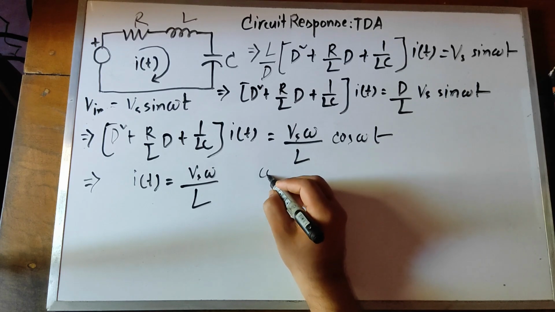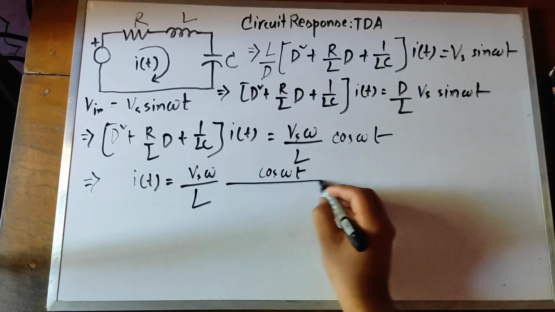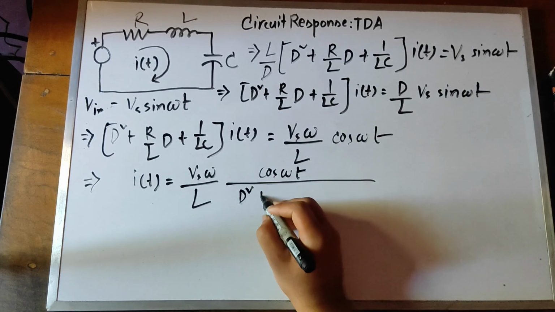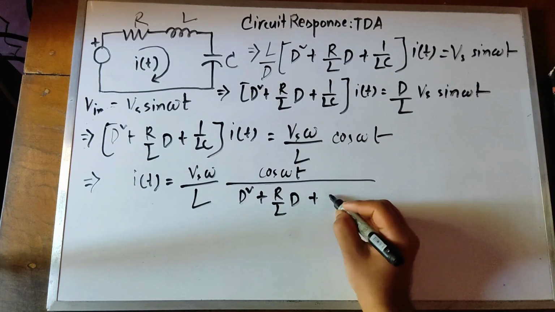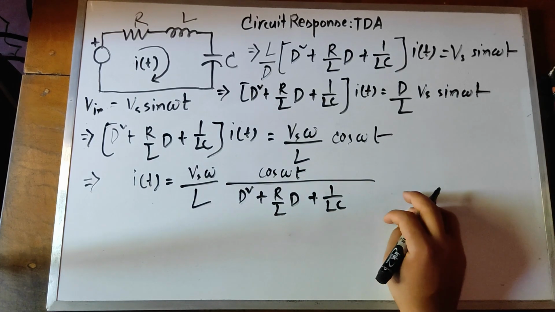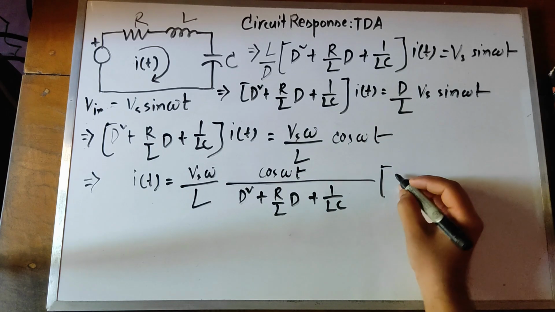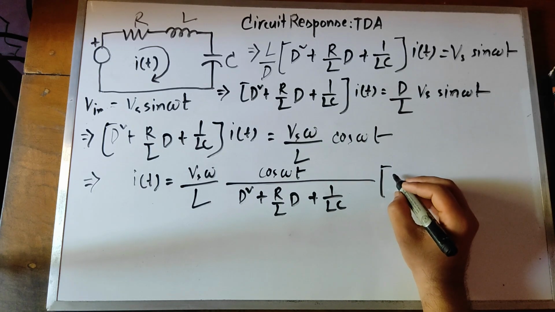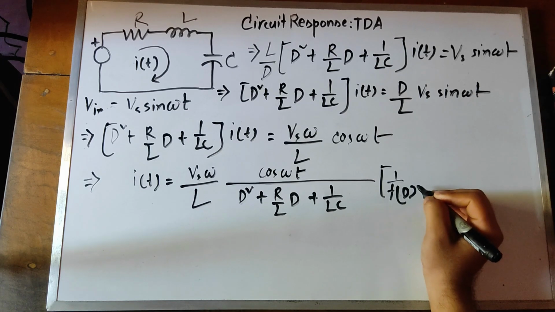So cos omega t by (D squared plus R by L D plus 1 by LC). Now I'm gonna use this formula, which is this. So if I have 1 by f(D),